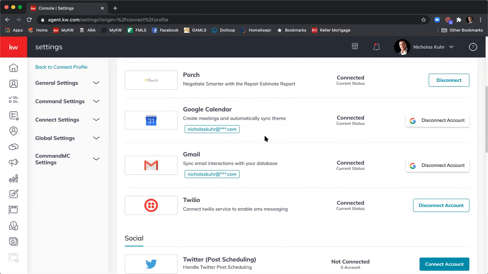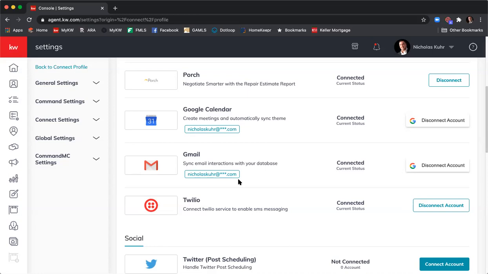But when you link Gmail and Google Calendar, Command can track all of the email correspondence from your Gmail account, for me it's my KW email address, and my calendar, and track all the touches, emails, and invites that I have with people in my database. So it's able to marry the contacts in my database, based on the email address, to my activity in my email and my